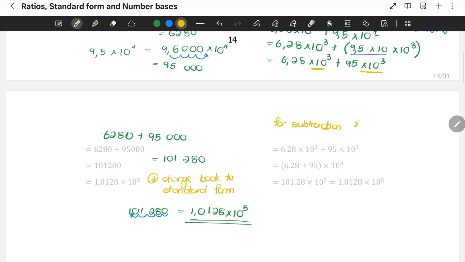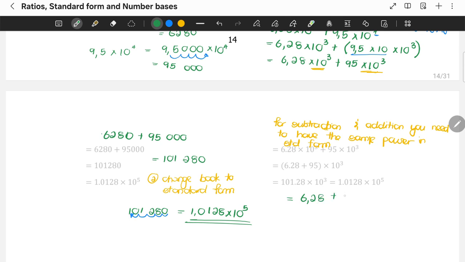So for subtraction and addition, you need to have the same power in standard form. Great. So now going back, we now have